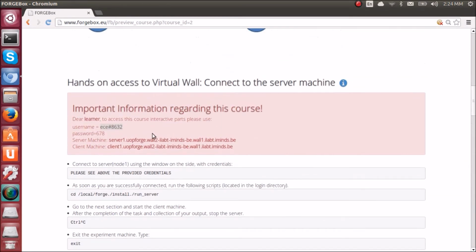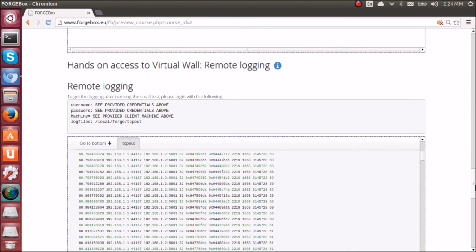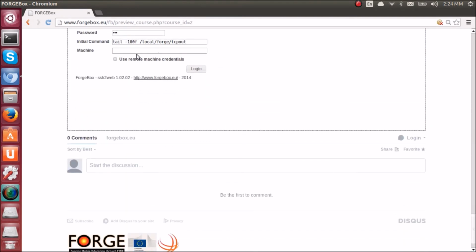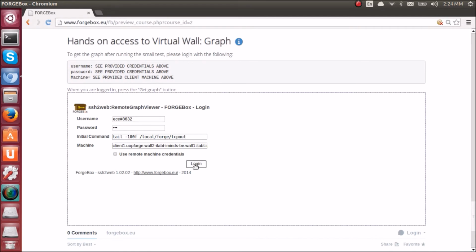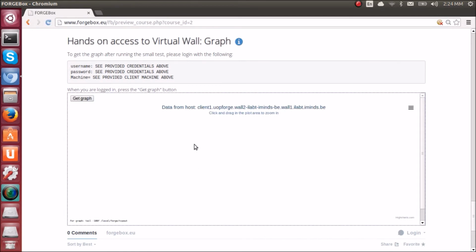And again, here the machine is the client, because this is the node that holds the TCP out file with the information about the connection. So if I log in here,